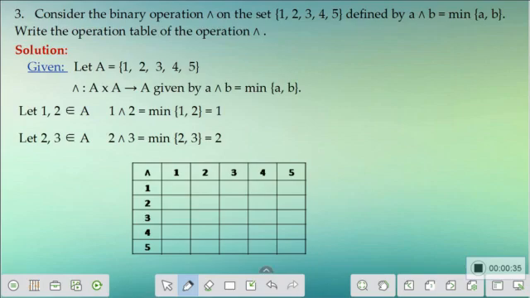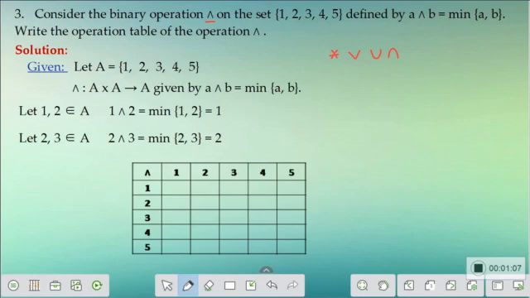In this problem, you can see the binary operation is given by the letter inverted V. In the earlier problems, we have seen star as the binary operation. So it is clear that star or inverted V is just a letter, a tool to represent your binary operation. You could also have seen a normal V, a union, or an intersection used as a binary operation in your examples. Now let's come back to the problem.